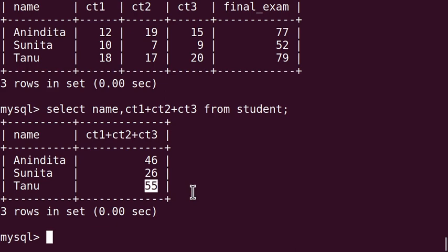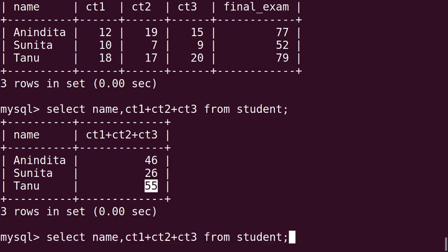And if you want to get the average, then you have to do it like this. Just put them within the bracket and divide it by 3.